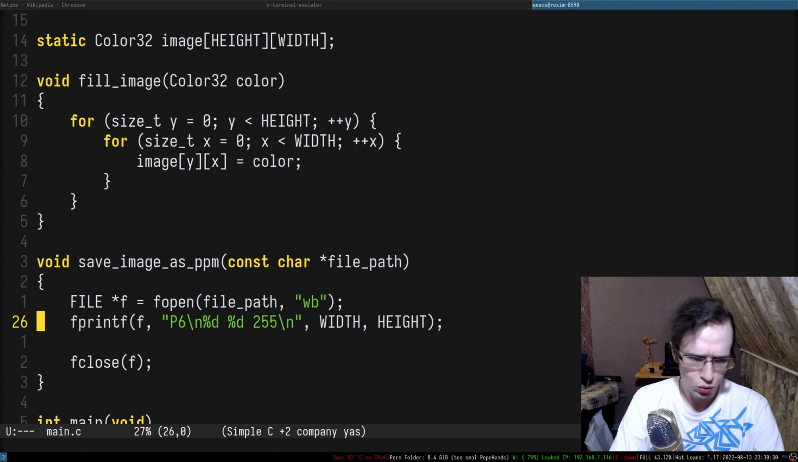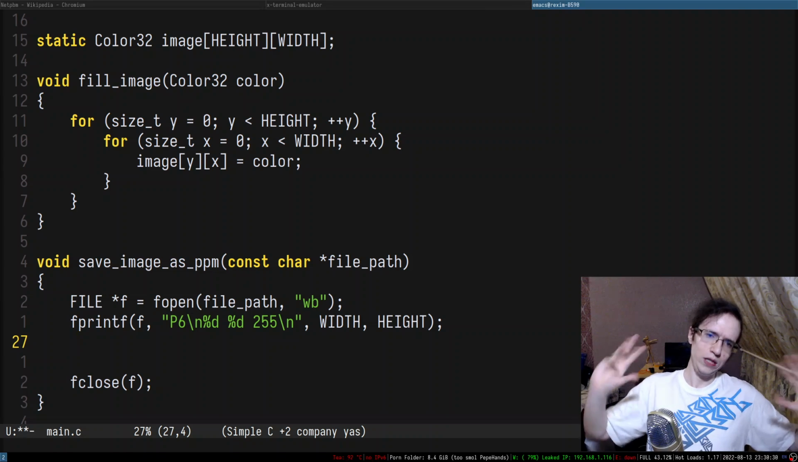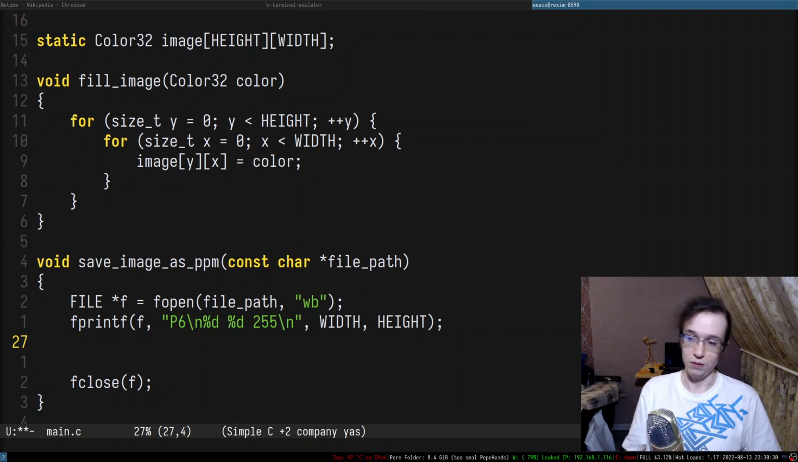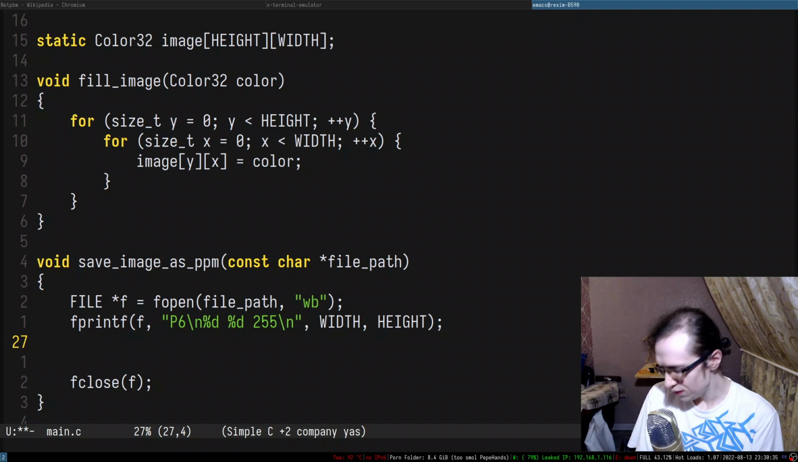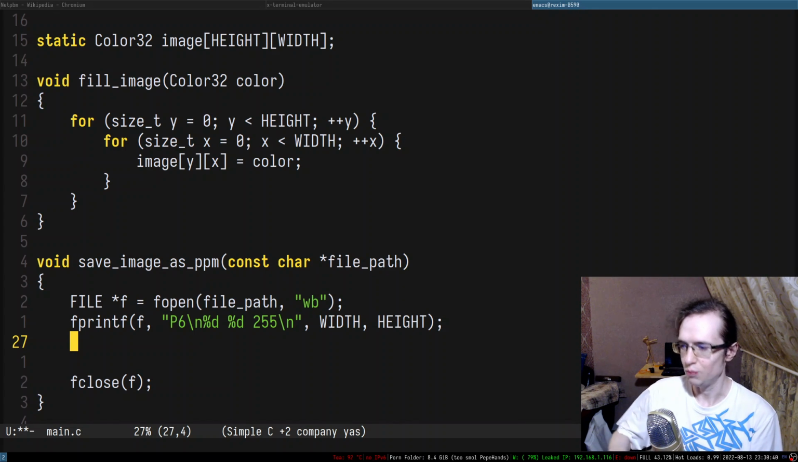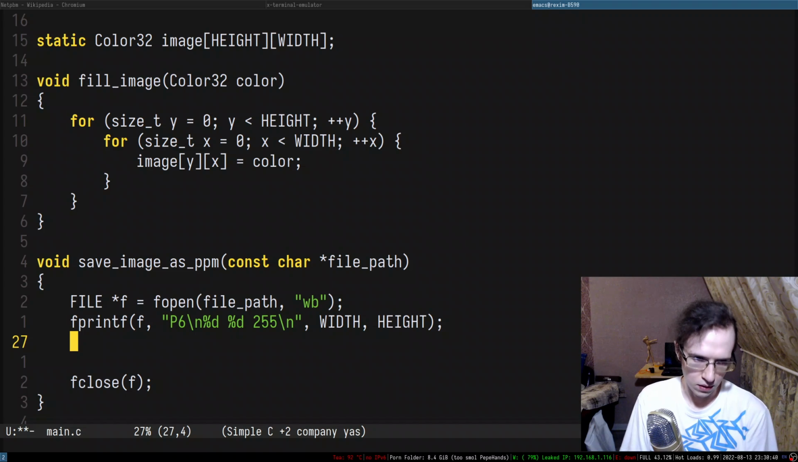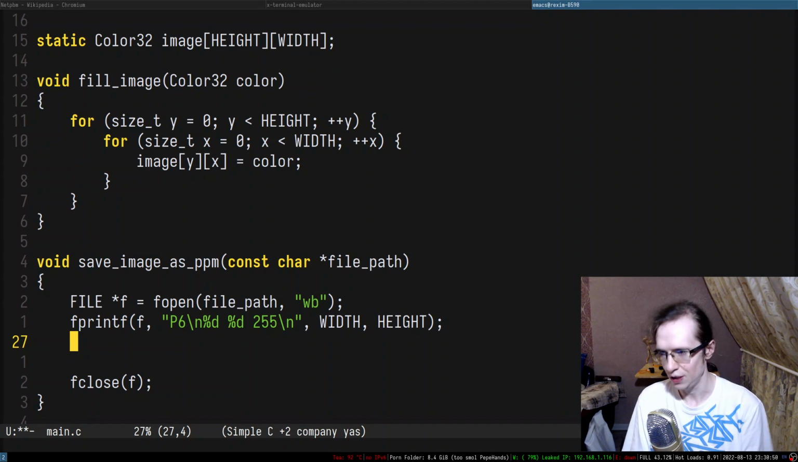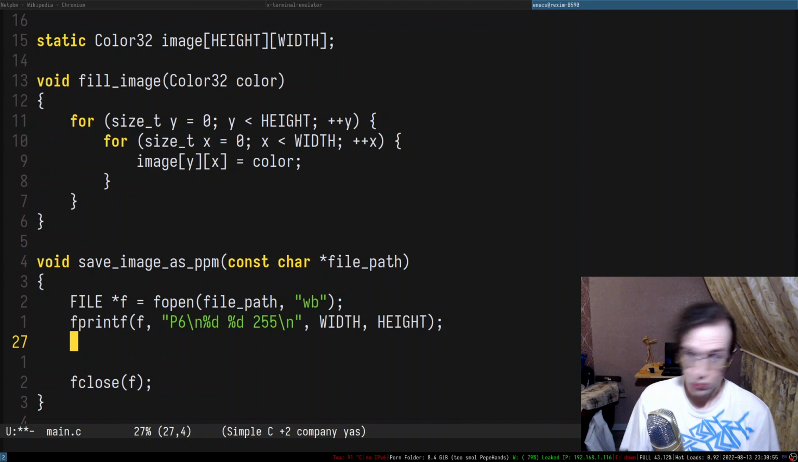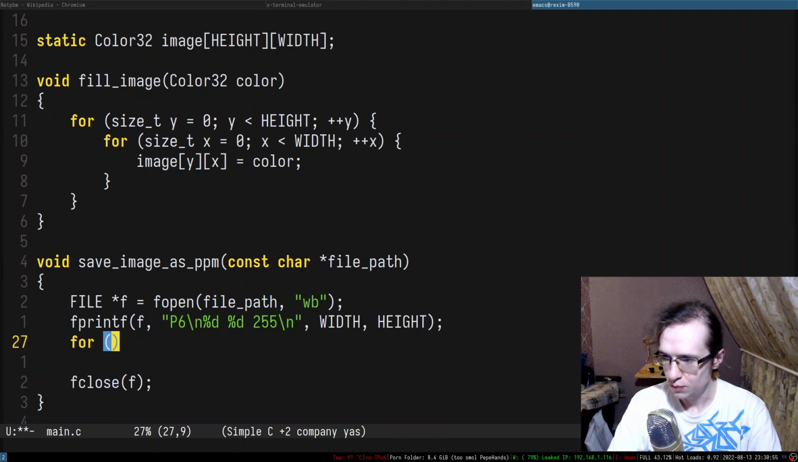Okay, so what's going to be the next thing? We need to store the bytes of the image. But as far as I know, in P6 you just store each pixel by 3 bytes, not by 4. Because of that, we'll have to extract the components, put them in a byte array, and then save that byte array to the file system. So let's go ahead and do that. This is going to be something like this: